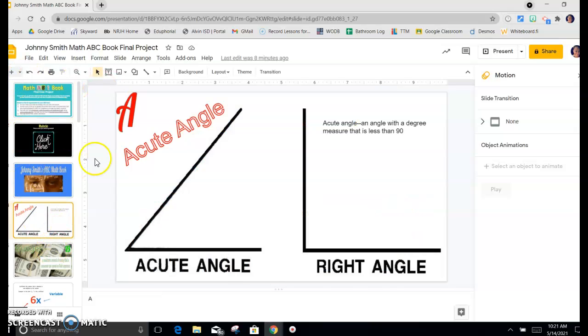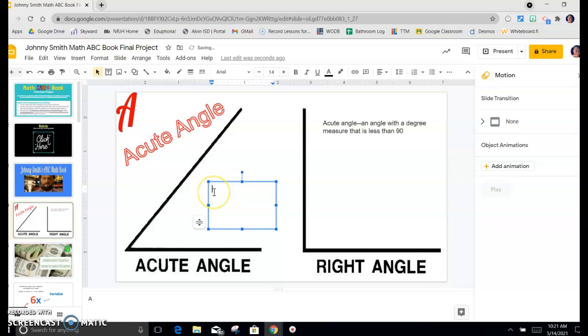So one thing that I forgot to mention in my first video was to make sure that you display the large letter at the top left corner, or top right, bottom left, or bottom right, it doesn't matter. And then include examples. Some things may be too challenging to find an example of, so just use your best judgment. But for example, I would add here, example,